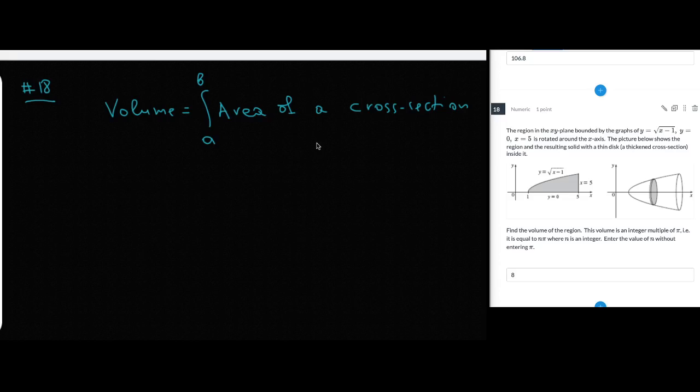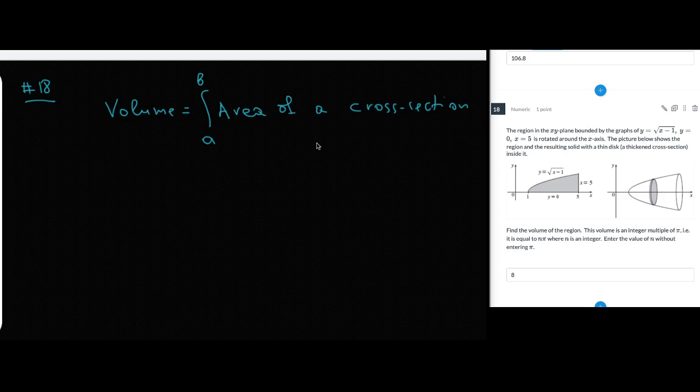Problem number 18 is asking us to calculate the volume of a solid that is obtained by rotating a region in the xy plane, which is bounded by the x-axis, the parabola y equals square root of x minus 1, and the vertical line x equals 5. This region is being rotated about the x-axis. That gives us a solid pictured on the right hand side of the region, and we need to calculate the